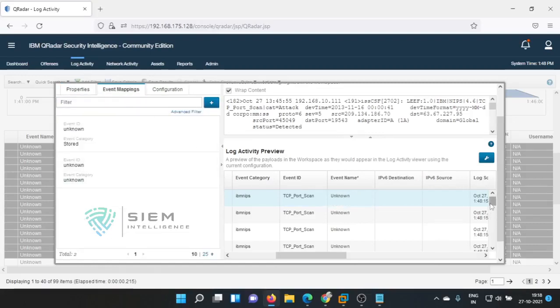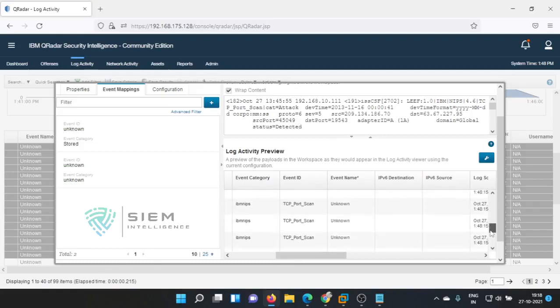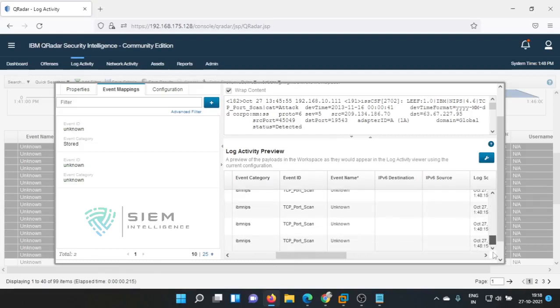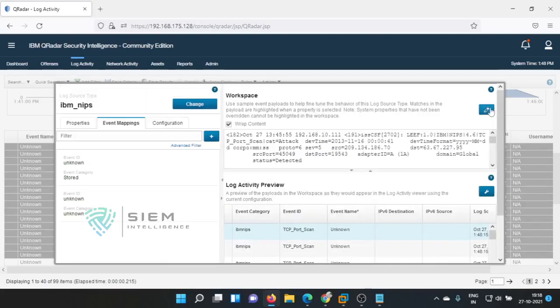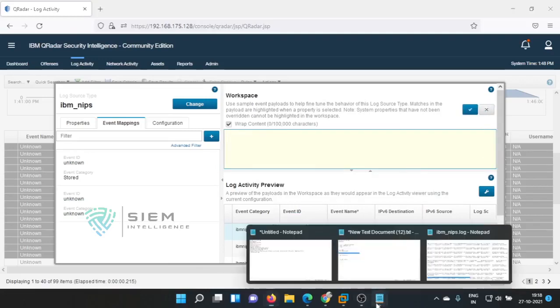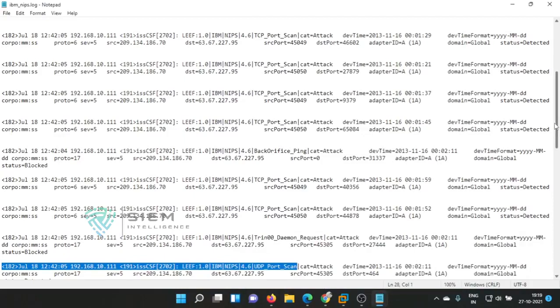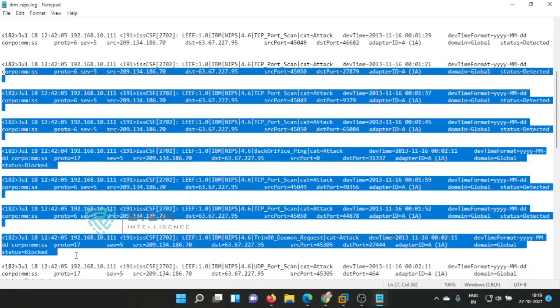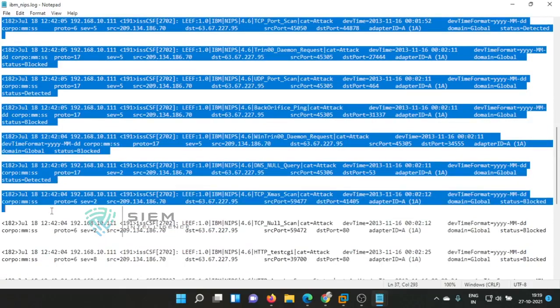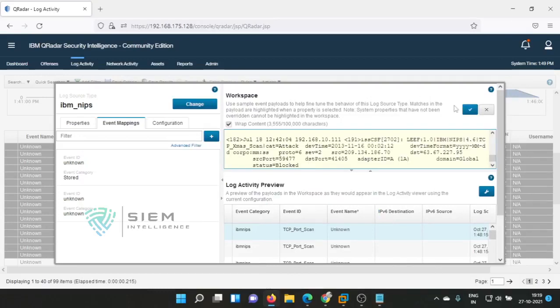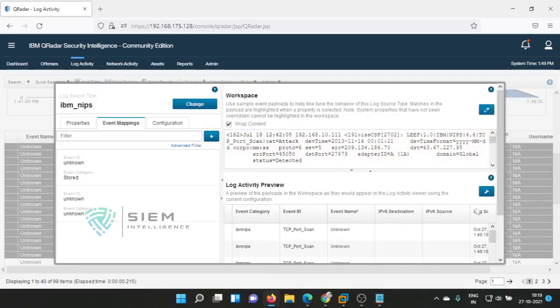So see, these are all port scan, that's the reason. So I'll do one thing, I'll take out these logs and paste my logs so that it will be an even better option. I remove this data, I'll add some of the available different data. So this is the backfire and all. I'll copy from this till this. Okay, I paste, I save, so that we should get at least different event IDs.